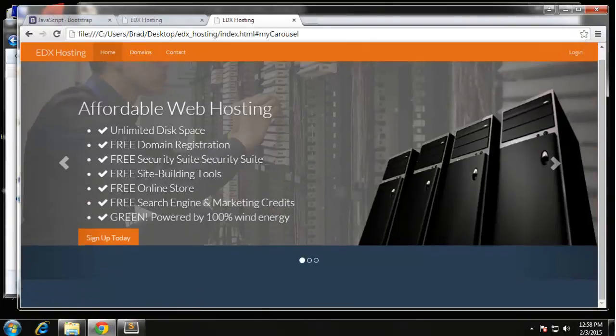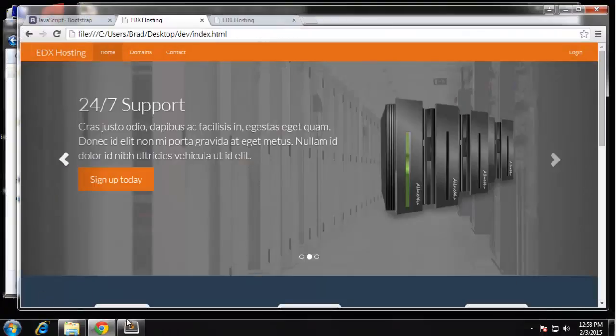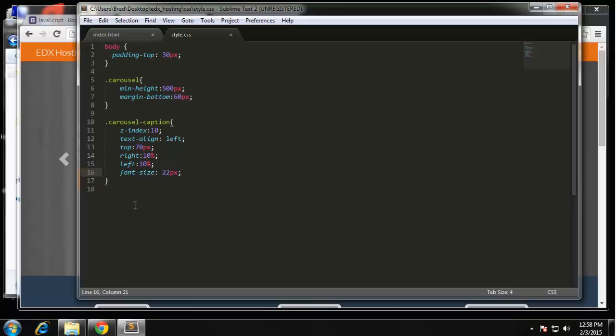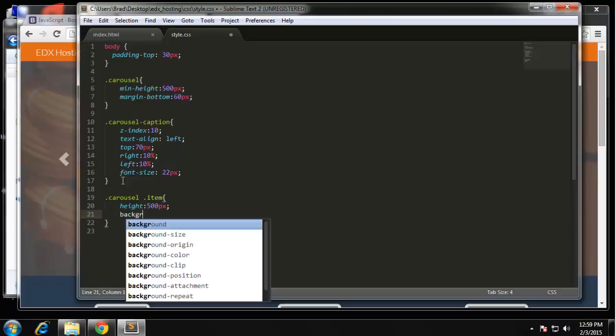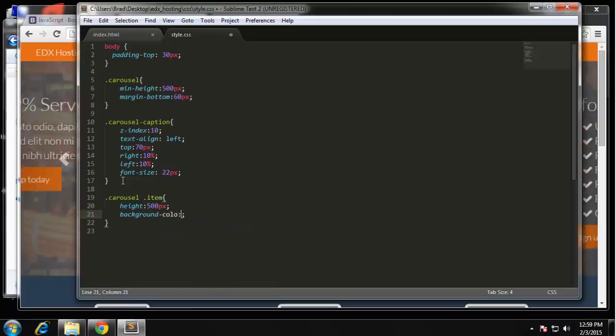Okay, we'll see what that looks like. Okay, so that does look much better, but we're still having some issues here. So let's go ahead and just keep styling here. Now we're going to do the actual items. So we want carousel dot item. And I just want to make sure, let's set that height to 500 pixels, and also the background color. Background color is 777,